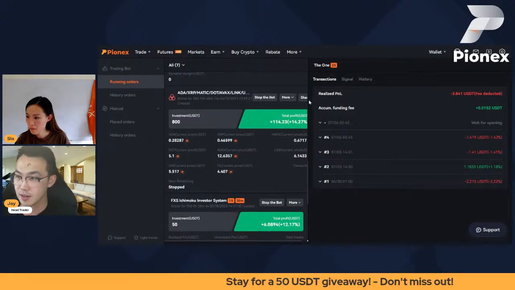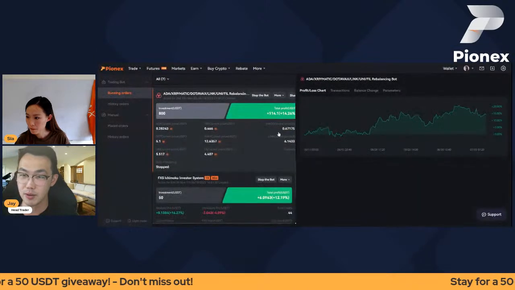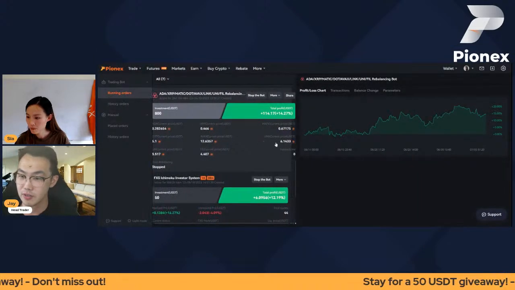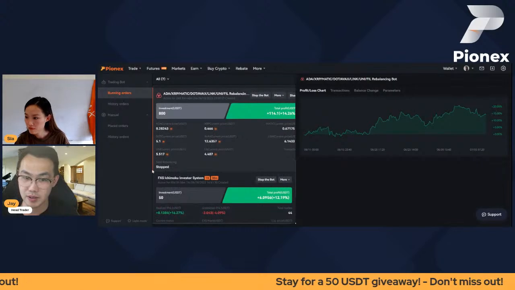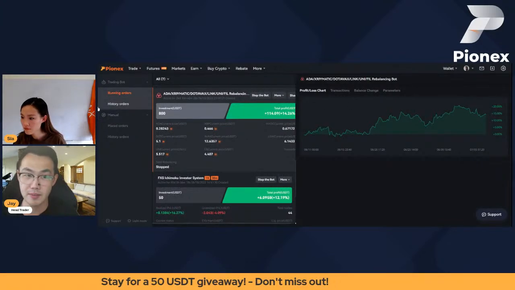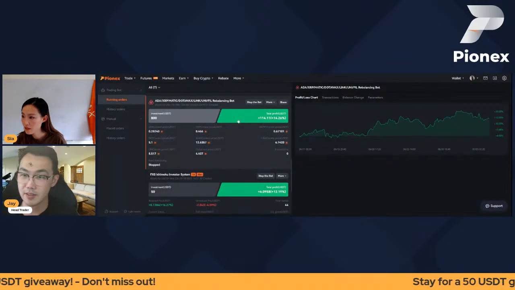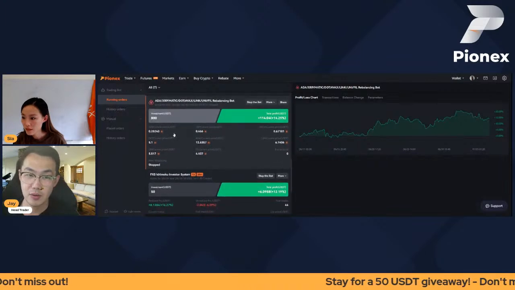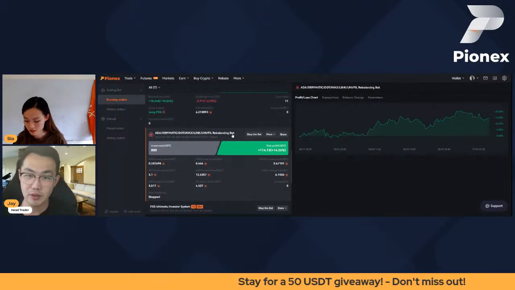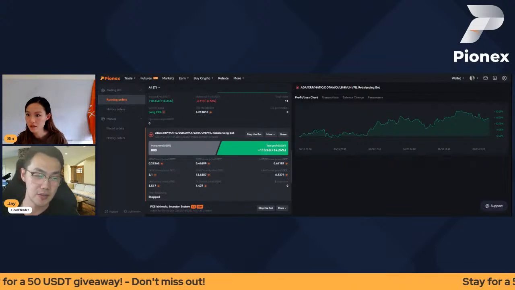And so here is my, let me make this bigger. Here is my altcoin portfolio. I don't know why it's so small. Can I make this bigger? I don't think I can make it bigger. All right, you guys see this, right? For this one, I'm using a rebalancing bot, but without the rebalancing. So this is just me creating my own little ETF of